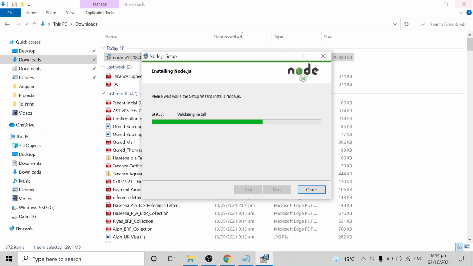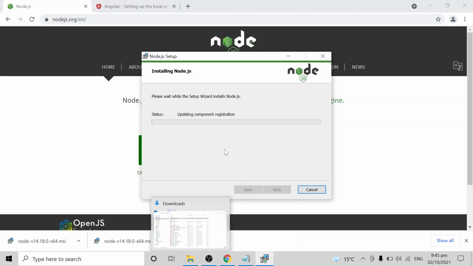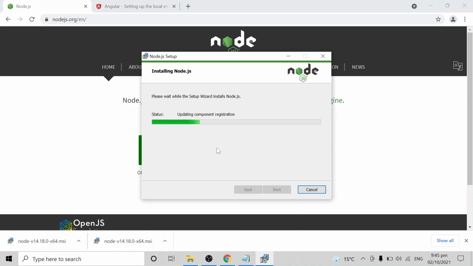You can click on it and it will take some minutes to install Node.js in our system. So we'll wait for some time. Maybe in your machine, Node.js has already been installed. You can check using the commands like node -v or npm -v. I will show you within few seconds.